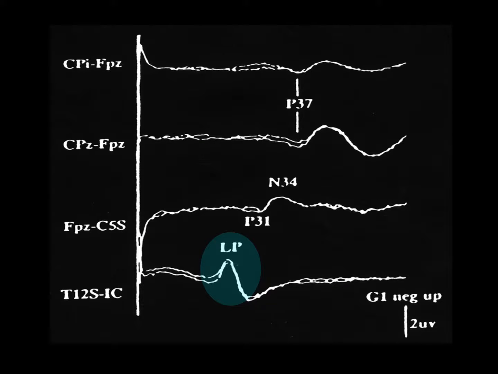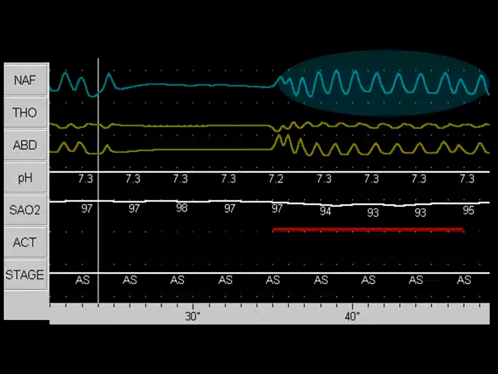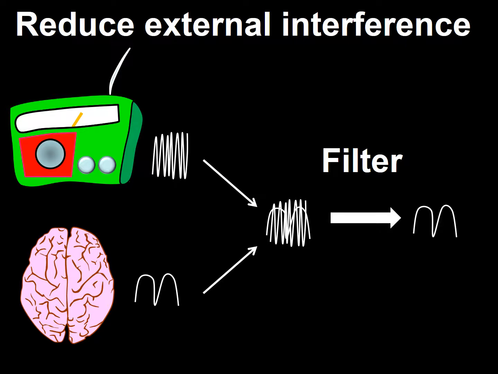That is, to make a wave, certain aspect of a wave, or a rhythm of interest stand out. This purpose is attained by using filters intelligently. When we do so, filters have the ability to reduce external interference,